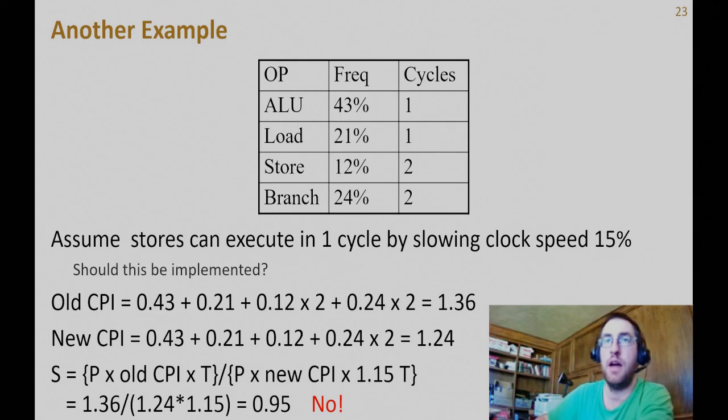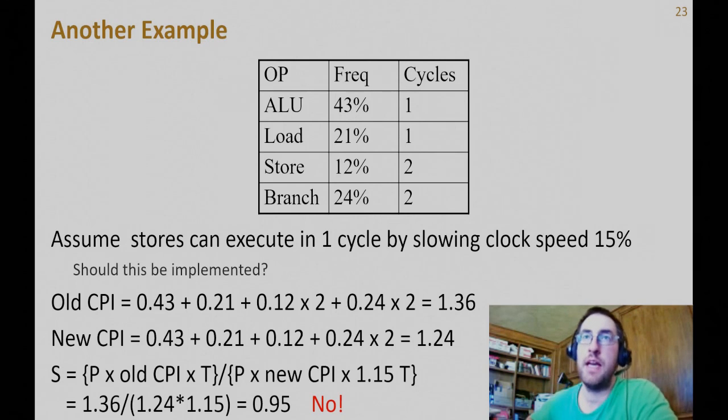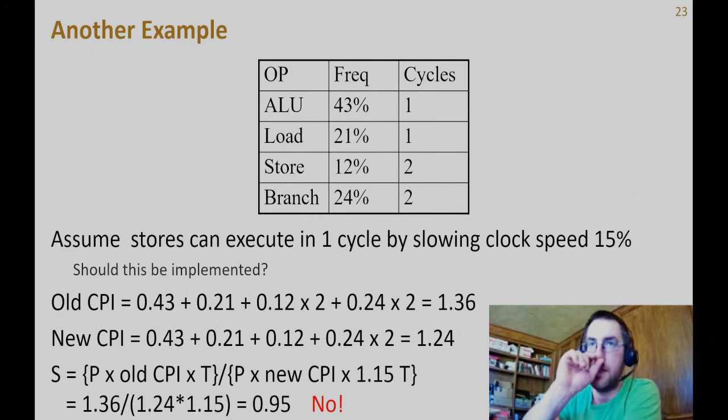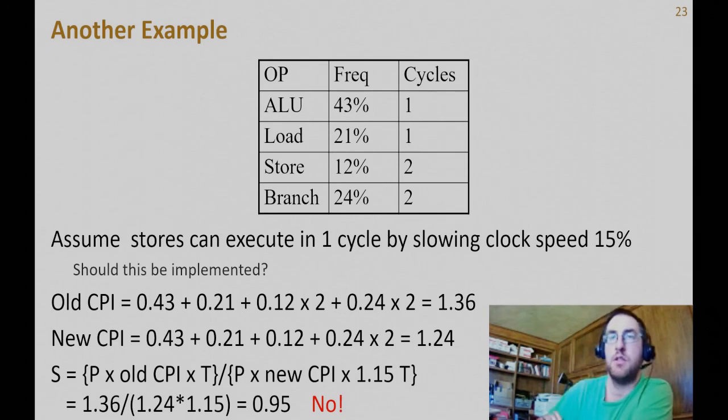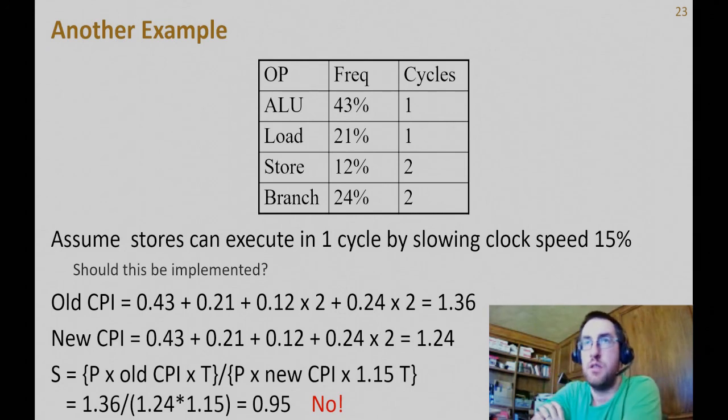Plug this into our iron law by expanding out the CPI using these weights. So think of these frequency percentages as weights. If the weights all add up to 1, we're figuring out a weighted average of CPI. Take the frequencies as weights and the cycle times. I omitted the ones. So 0.43 times 1 plus 0.21 times 1 plus 0.12 times 2 plus 0.24 times 2, right? So we're just taking the two columns and multiplying them together. And that gives us an original CPI of 1.36 for this instruction mix. So the CPI, if we reduce the store instructions from 2 cycles down to 1, we shave off 0.12 CPI, right? So it's 1.24